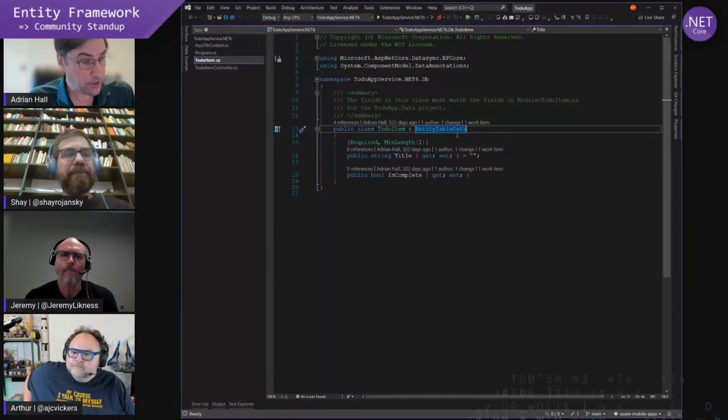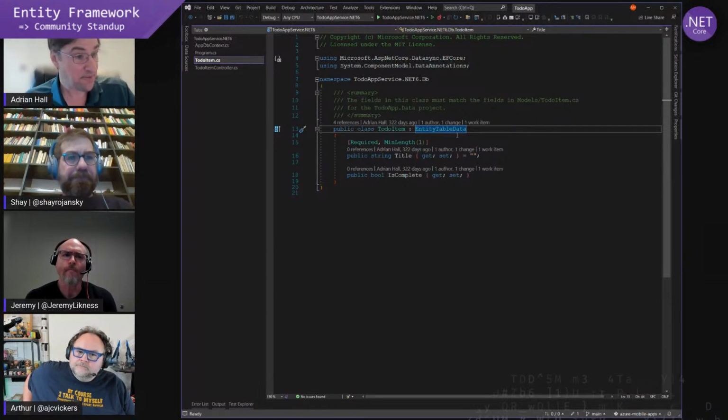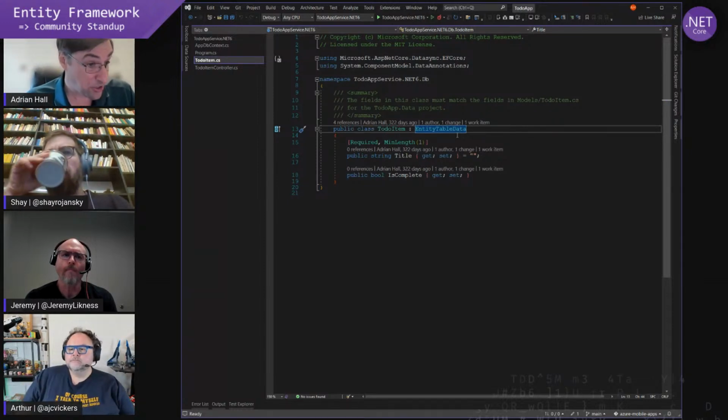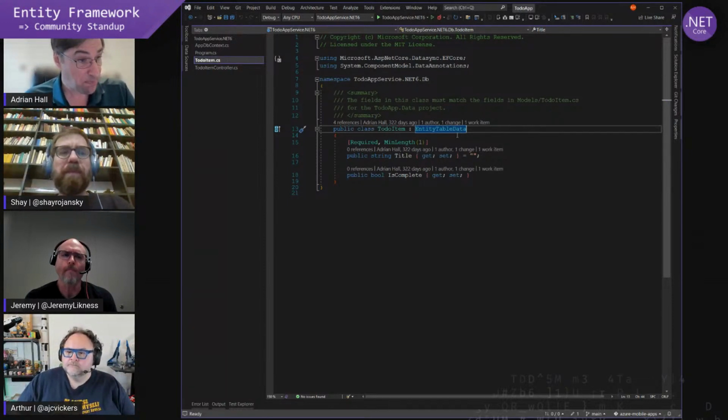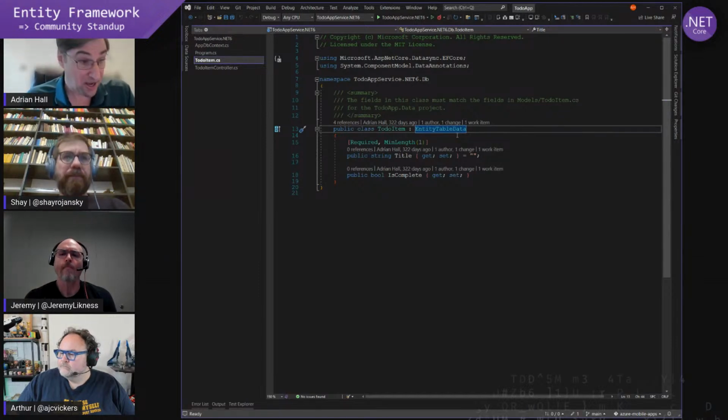Then there are 2 fields that help us with conflict resolution and incremental sync. The incremental sync part is we need to know when was the last time this record was updated. So there's an updated at field. The third one is, how do we compare the records to make sure that they're the same or different? So there is a version field for that. Both of those fields are automatically maintained for you, so you don't have to do anything. They just have to exist. That's why they're in the entity table data.